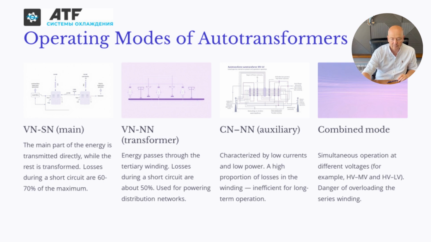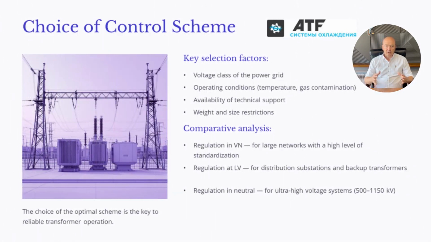Combined mode, for example, simultaneous operation on high to medium and high to low voltage. Danger: overload of the series winding requires limitation of current in the common winding section. Choice of regulation scheme. Depends on voltage class, operating conditions, heat, frost, gas content, maintenance, accessibility, size, and weight limitations. Comparative analysis. On the high voltage side for large networks with a high degree of standardization, on the low voltage side for distribution substations and backup transformers, in the neutral for extra high voltage systems from 500 to